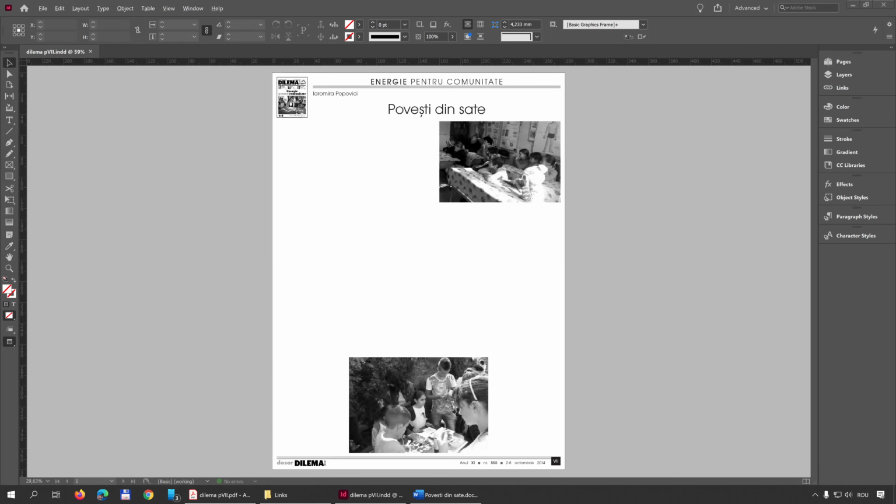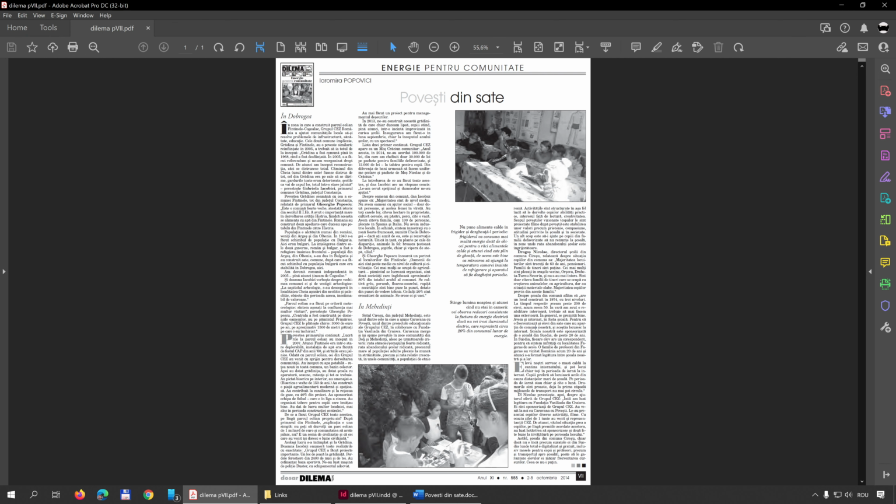Okay, we have the images, the headline, and the byline here. The next thing to do is to put in the text, most of the text here. So that is what we're going to be doing in this video. I am going to first of all place all of this text inside our InDesign document, and then I'm going